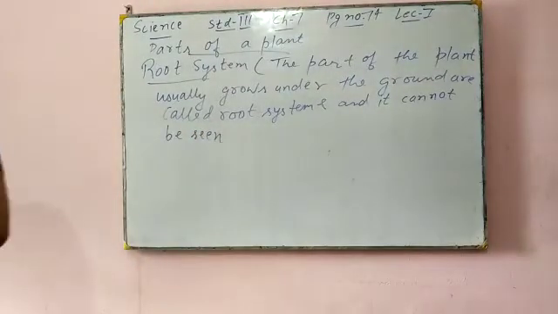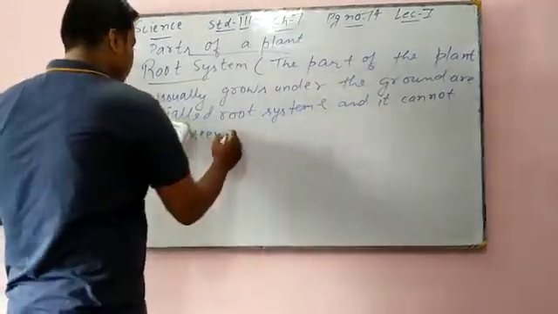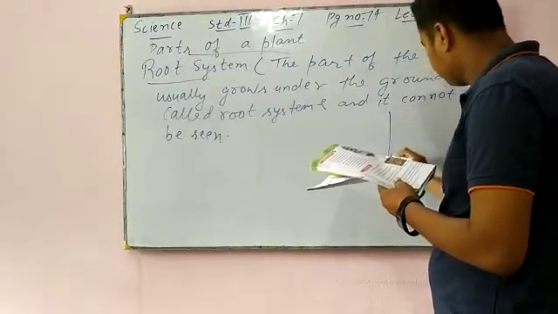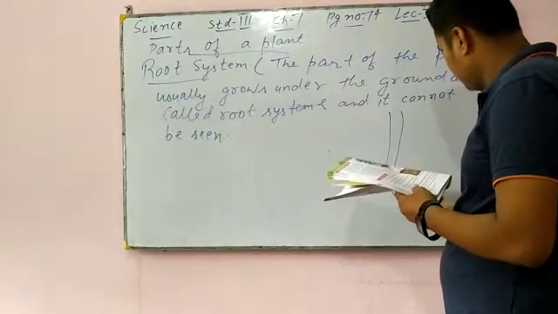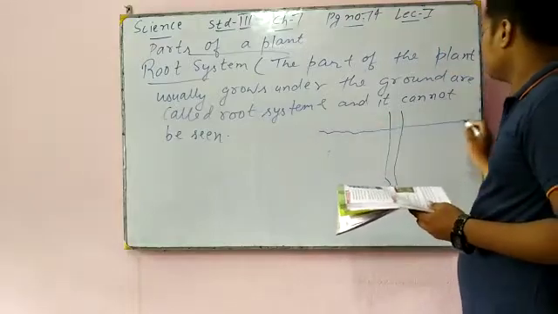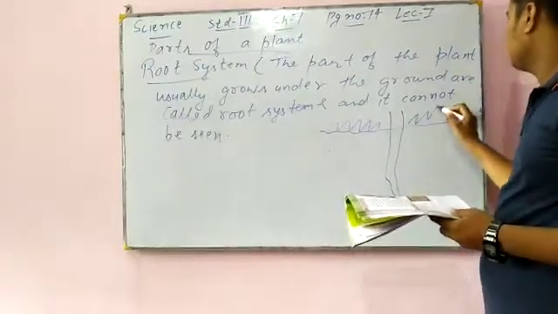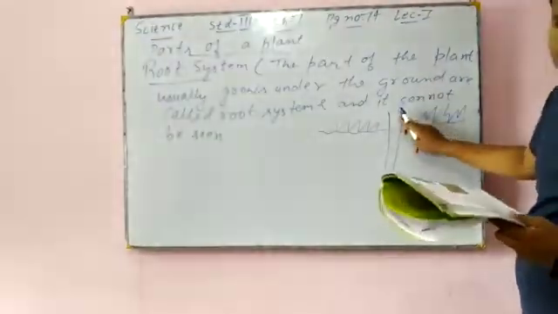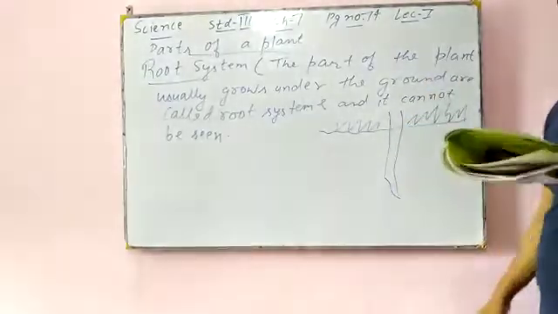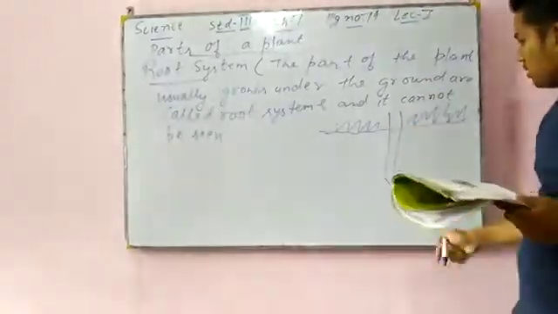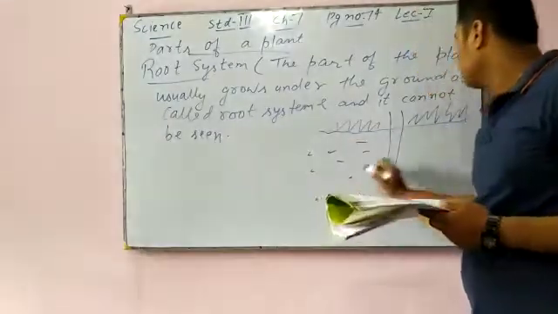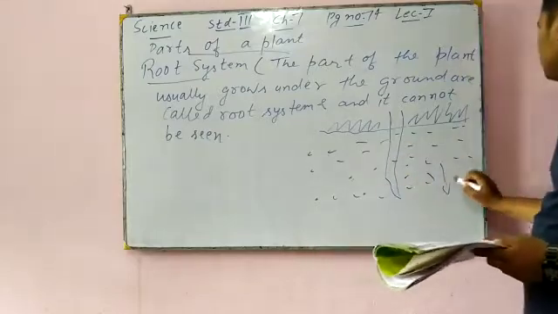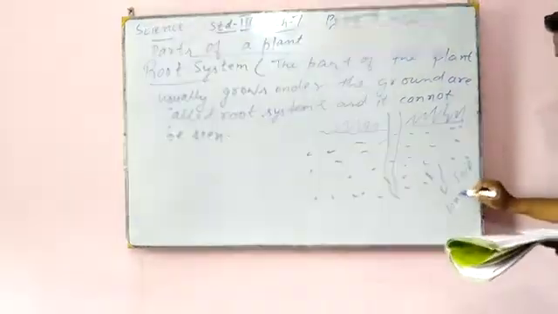Okay, so now we'll see in root system, we'll see function of a root. So before function of the root, we just say this one. See, here this is land. Okay, small grasses are there. Some part, whatever part is there, that is stem. So the upper part will be known as shoot system. But whatever part over here, this is all soil. Okay, soil. All soil particles are there.